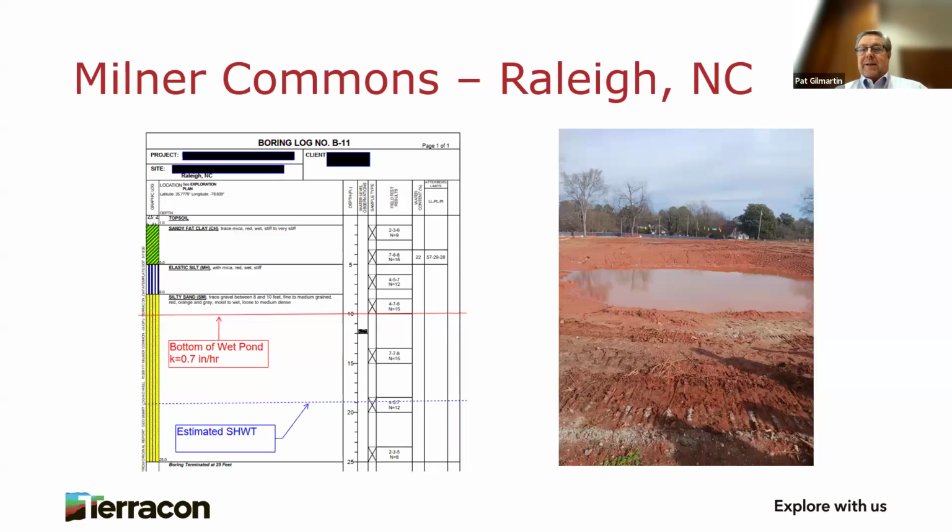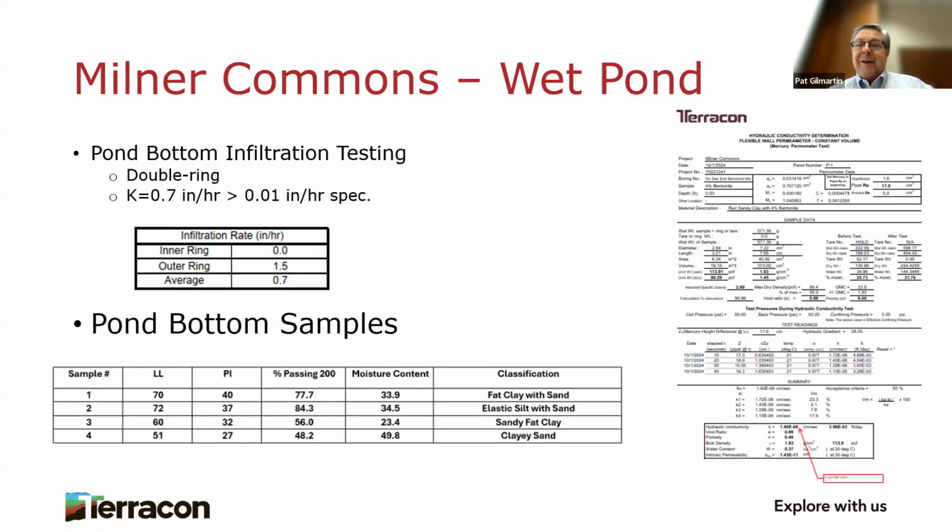nobody did any infiltration testing during the design phase. We didn't do geotech. Who knows why this stuff doesn't always get done. And the pond design did not include a liner. They thought, oh, we're going to be in good red dirt in the Piedmont, it'll hold water. Good red dirt is not a technical term. Sorry. So they used it as a sedimentation basin. They didn't have anybody test it, but then it was time to make sure it